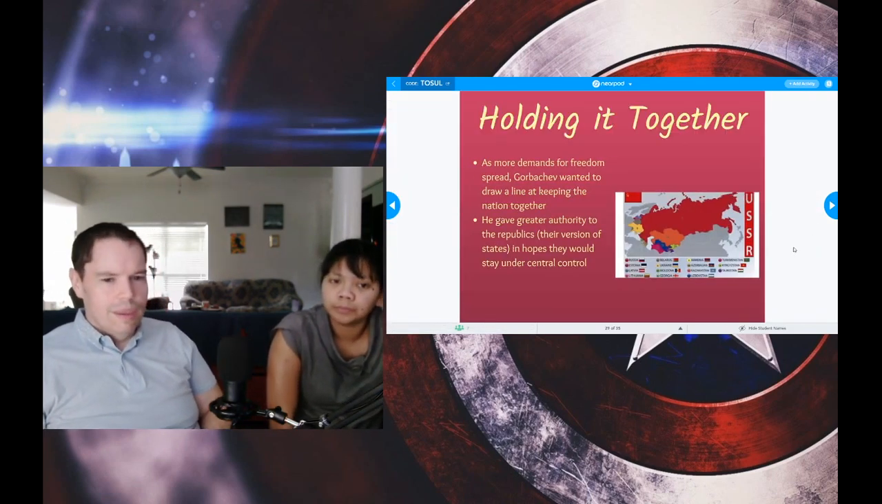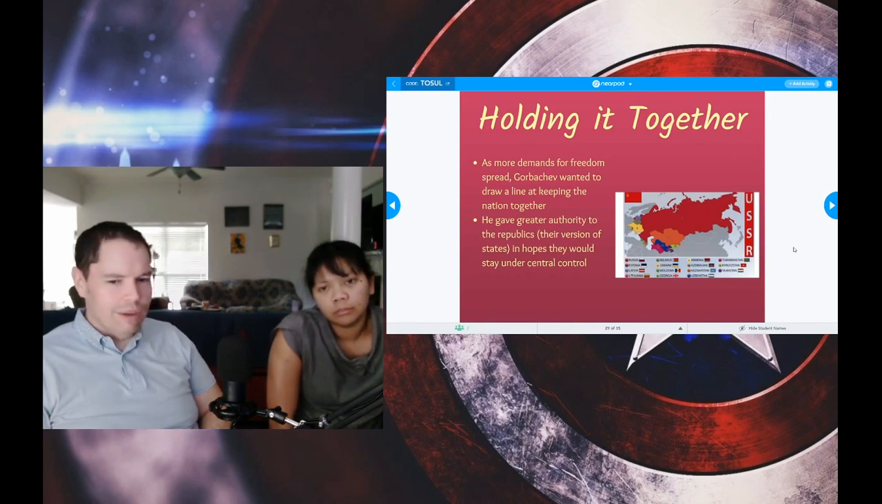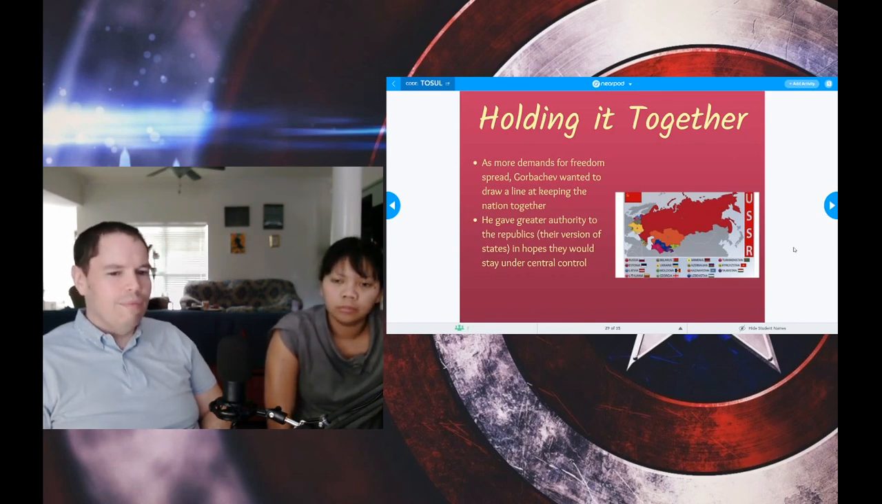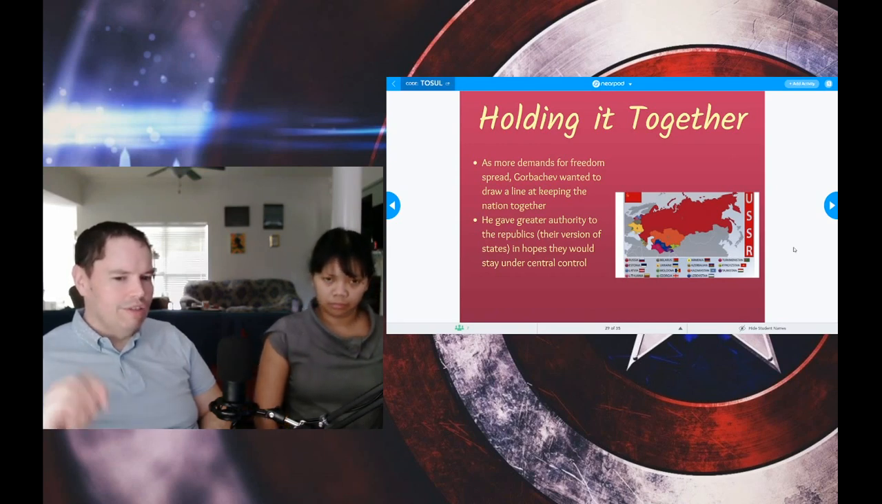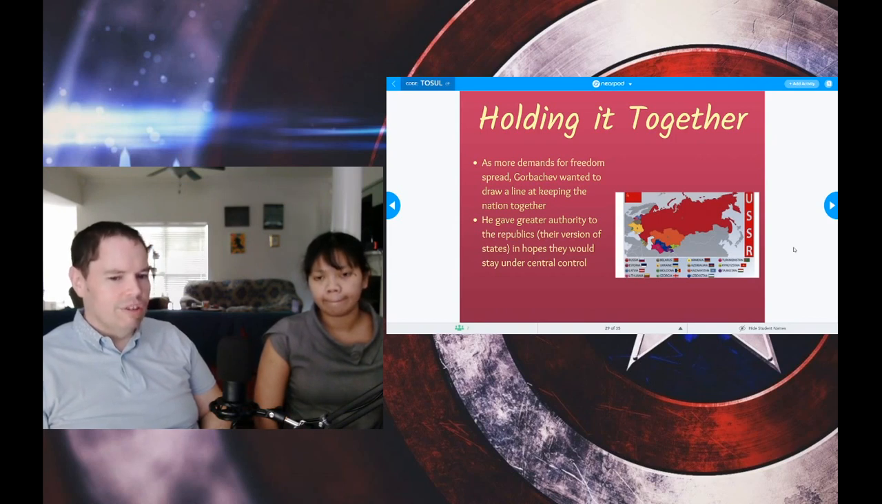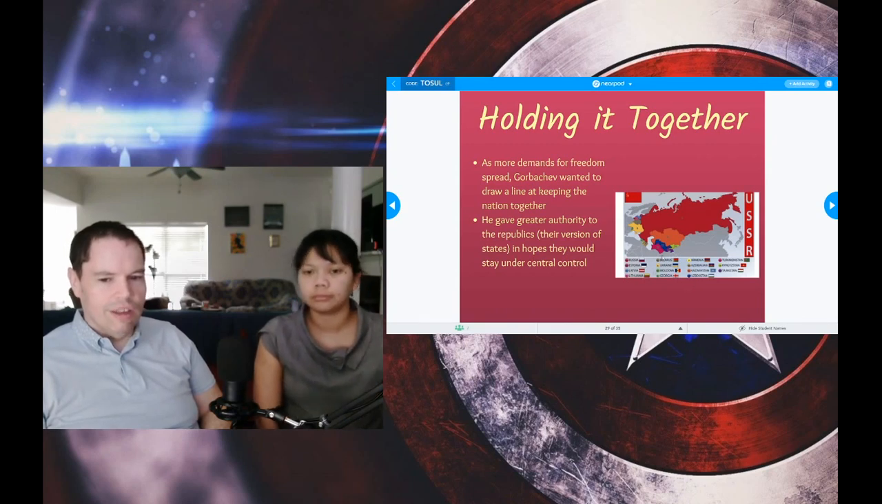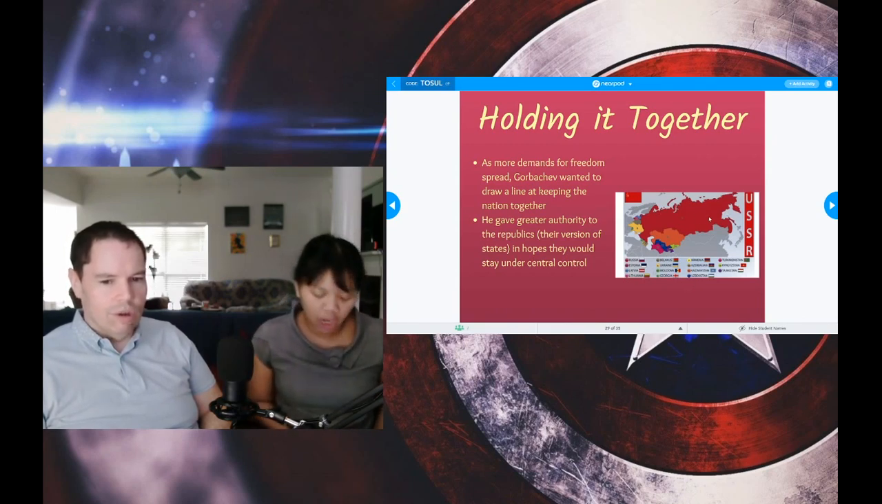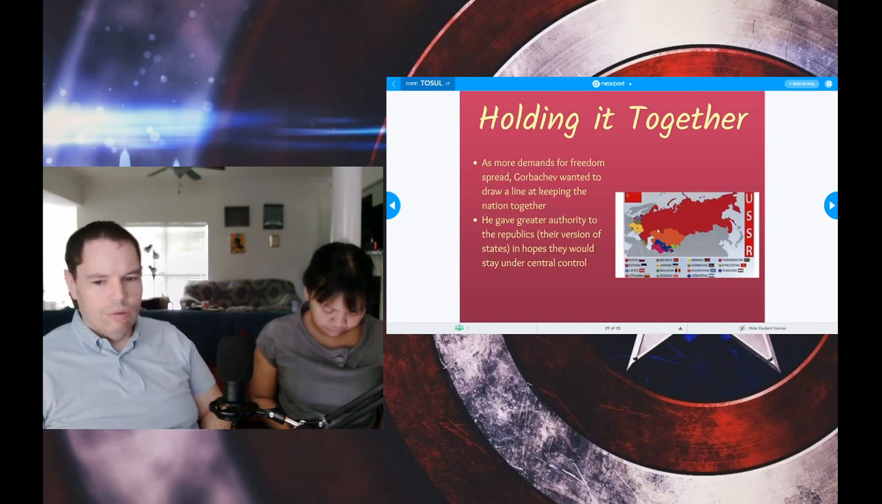But that's great. That means families don't have to be separated. That's right. So, as more demands for freedom spread, Gorbachev wanted to draw a line at keeping the nation together. He didn't want the nation to fall apart. So he began to give more authority to the individual states themselves. Their version of the states are the republics, in hopes that they would stay under central control. So more power to the individual republics. And here's the list of them. Of course, the largest one is Russia. But you've got Belarus, Armenia, Turkestan, Kazakhstan. You can see all the different ones. Ukraine, Estonia, Latvia,